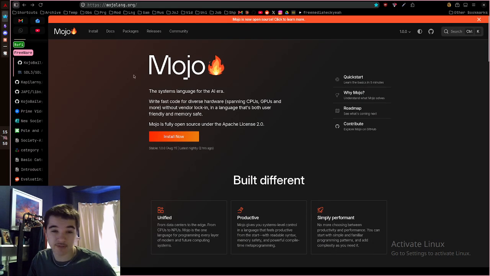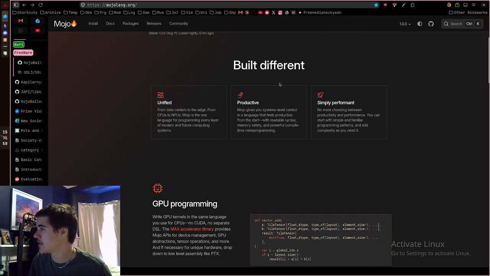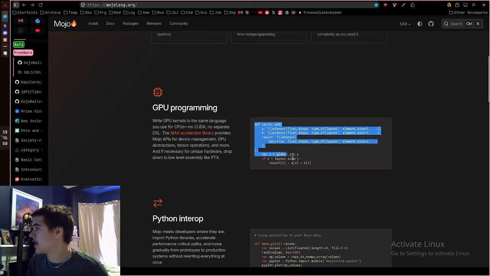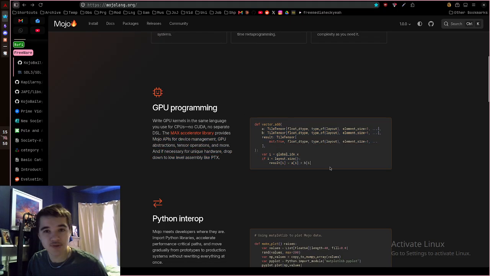Also, there's someone in the server who works on Mojo. Mojo was open source as of 5 days ago. I didn't know that until yesterday. So that's crazy. But Mojo is literally in the same space as C++ and Rust, right? It's a systems programming language. So honestly, it'd be really cool to